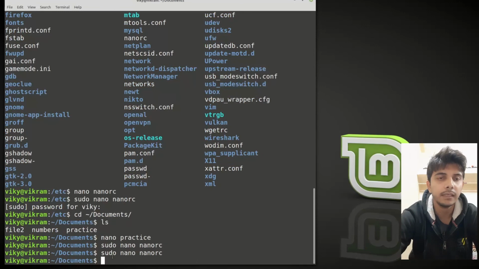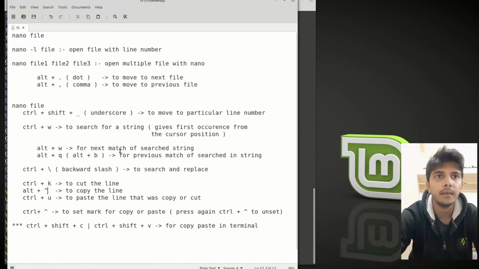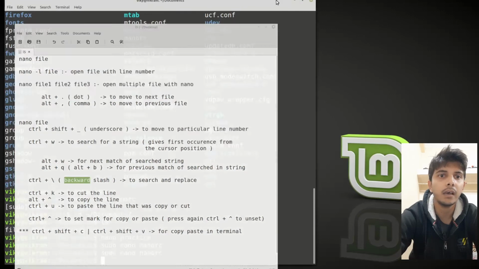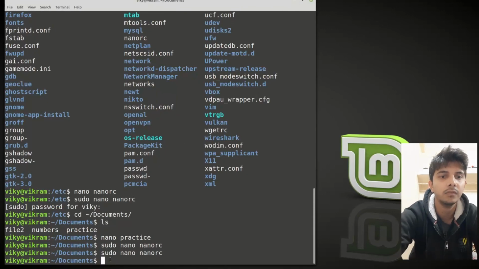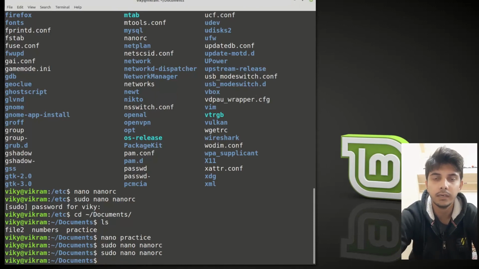Okay, now another thing is that if you want to copy something from the command line or terminal, then you can use Control Shift C. And if you want to paste, then you can write Control Shift V. Similarly, if I am copying something from another file, let's say there is a file and I am copying it, let's say backward. This is a graphical text editor, so I can press Control C here to copy. But now if I want to paste here, then I have to use Control Shift V. So remember that inside the terminal you have to use Control Shift C to copy and Control Shift V to paste.